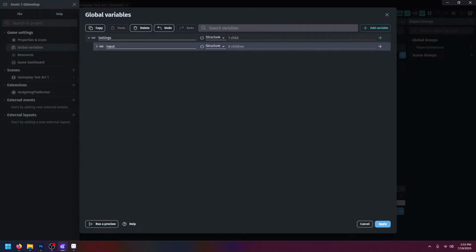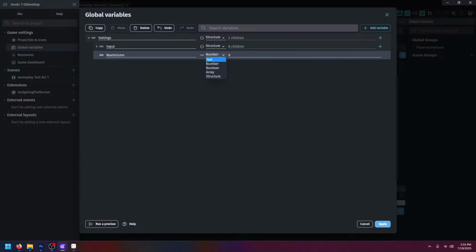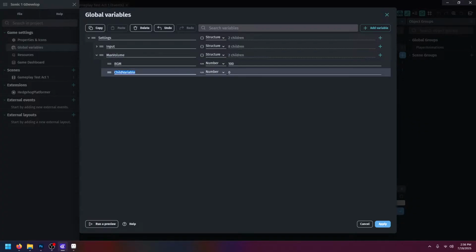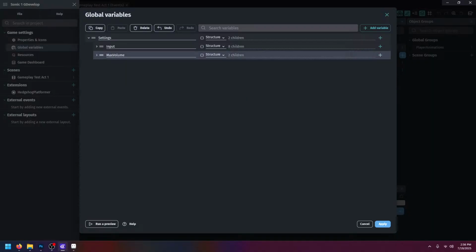So now that we got input done, another variable we're going to do right off the bat is max volume. So we're just going to set this as a structure. We're going to have it be the background music, and it'll be at its number. And then we put it at our sound effects, and we have it be a number as well. I don't think this stream I'm going to focus on sounds. I'm just going to focus on gameplay since sounds can be easily added, trust me. So now we got our input, our max volume,